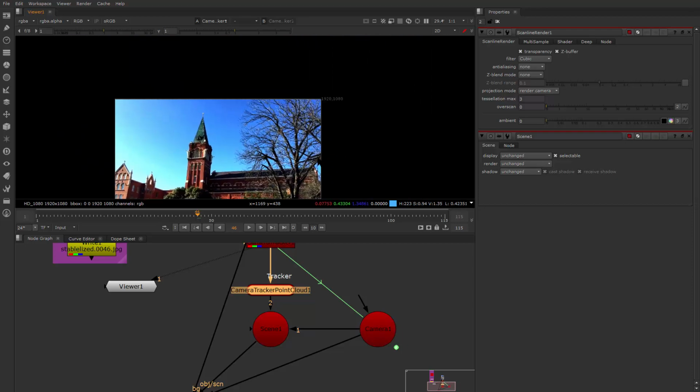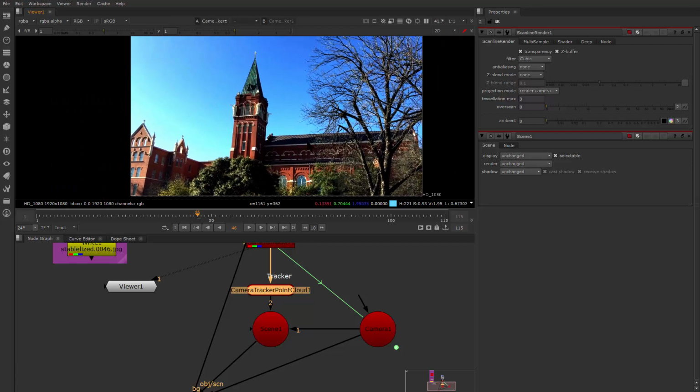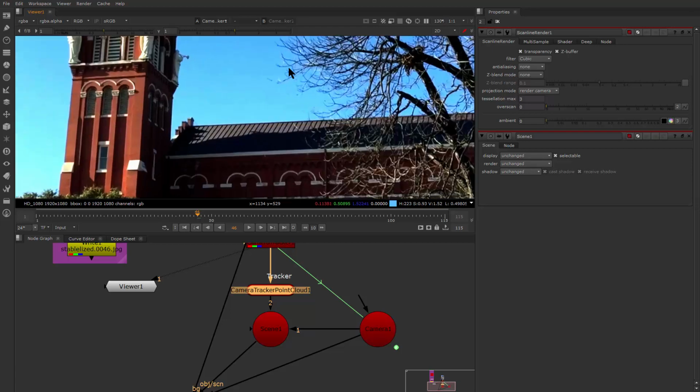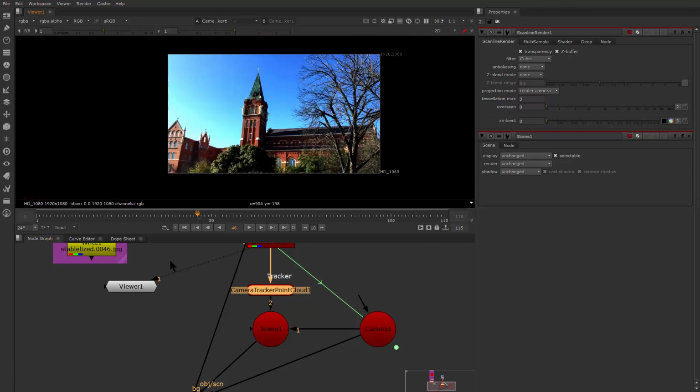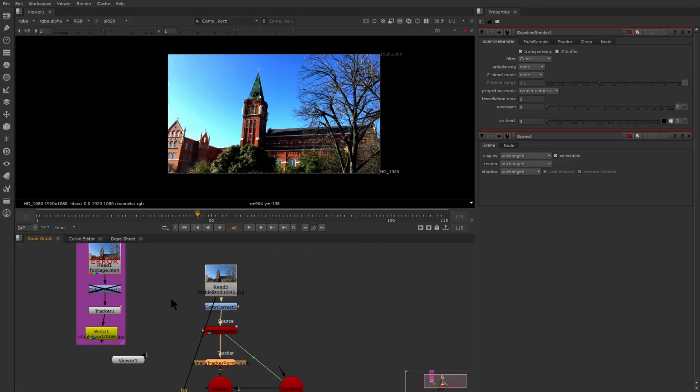Again, you can middle mouse drag to move it, mouse wheel to zoom in and out, or alt right mouse button, middle mouse button to zoom in and out. In the node graph, it's the same thing. Okay. Anyway,